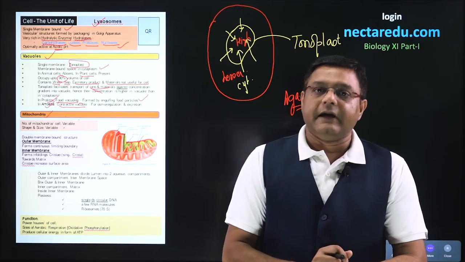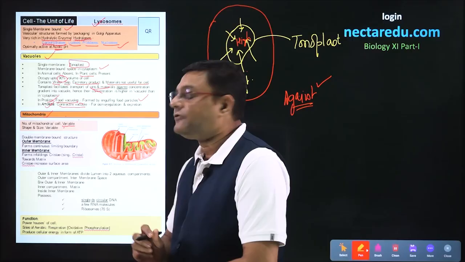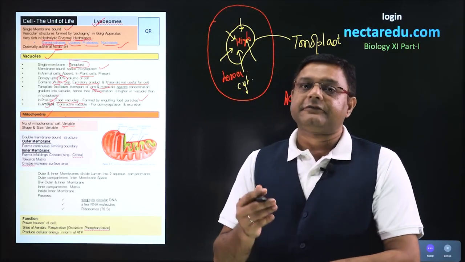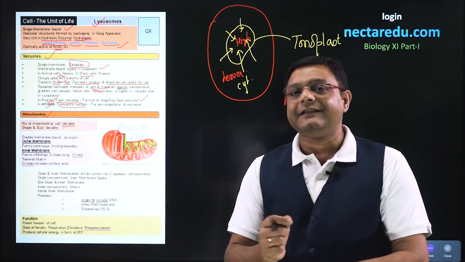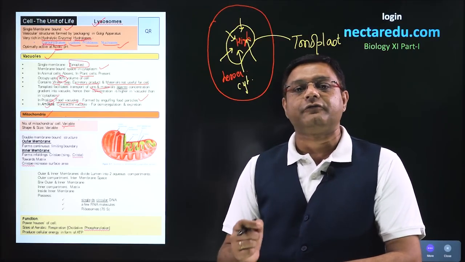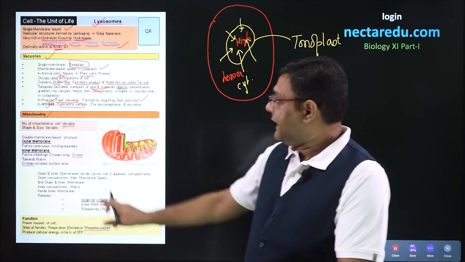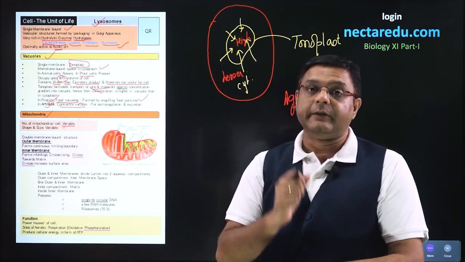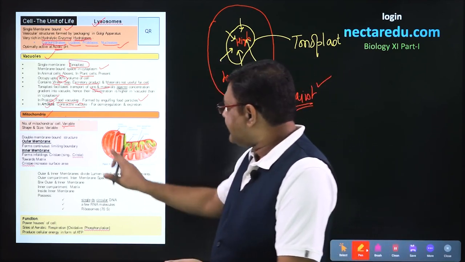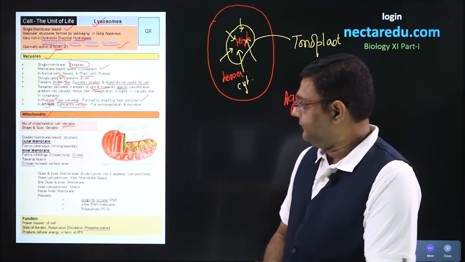If we talk about the number of mitochondria, then its number in the cell is variable, it is not the same. The cells which are functionally more active have more mitochondria, and the cells which are not so physiologically active have fewer mitochondria. Similarly, the shape and size of mitochondria are variable in different cells. The normal shape is cylindrical or sausage shaped.